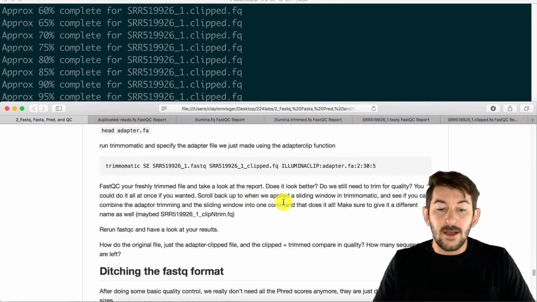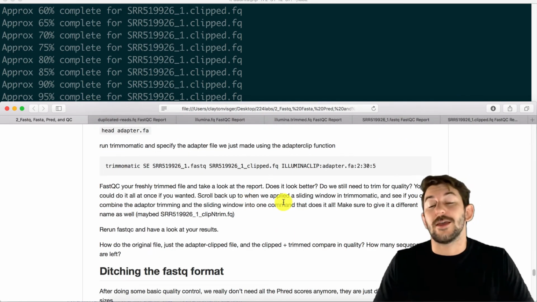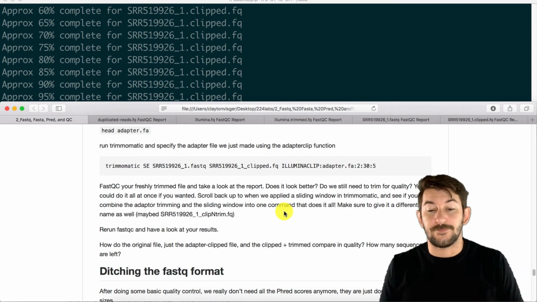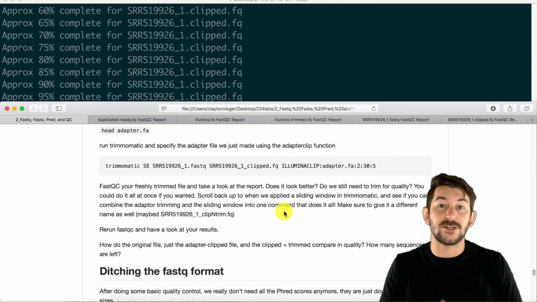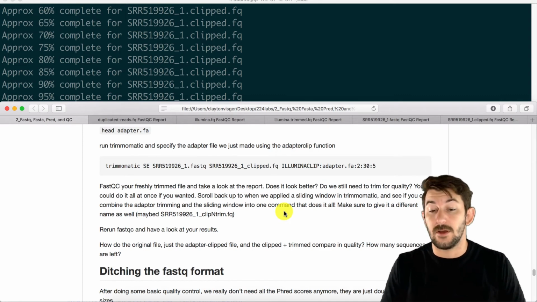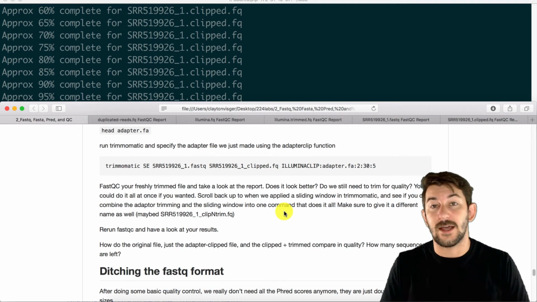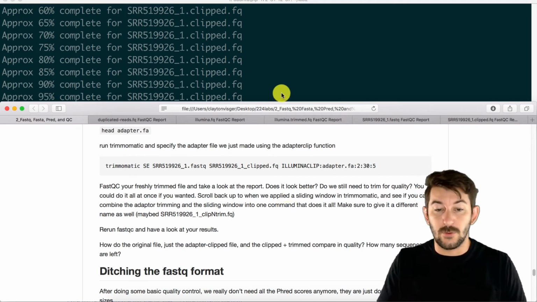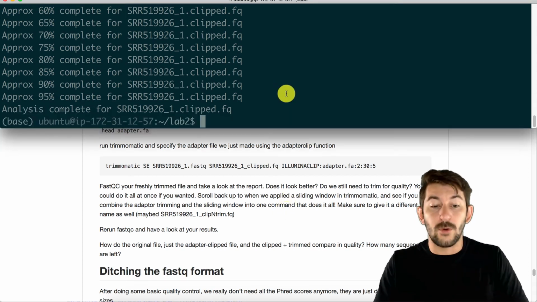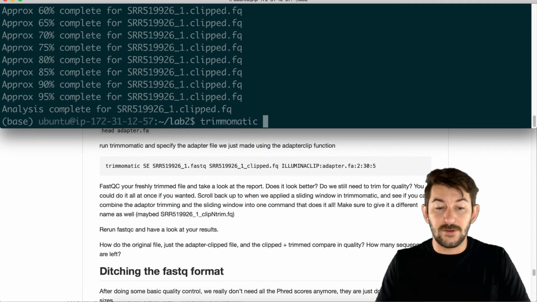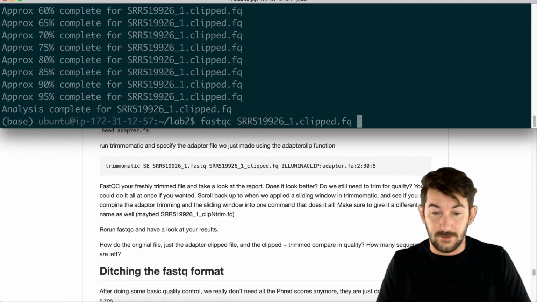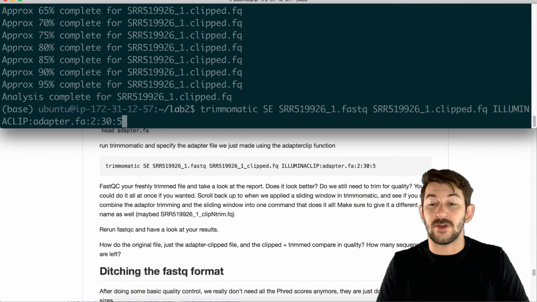So now what we should do is we should put it all together. Now we could work with this clipped data set and trim it now, or we could just clip and trim at the same time. I prefer to do it all at once. I think that's the more efficient way to do it. And so here I asked you to try and figure out how to do that on your own. And so if you weren't able to figure that out, all we're going to do is we're going to repurpose what we've already done. So we'll just press up a few times